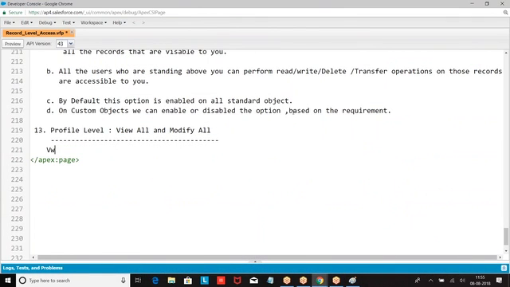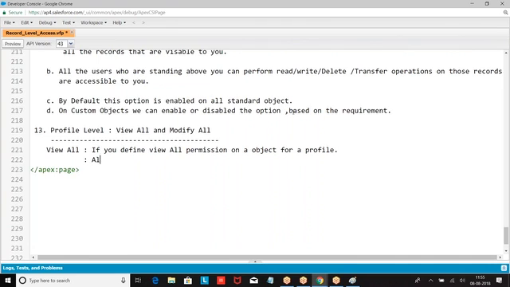View all. If you define view all permission on an object for a profile, all users with this profile can perform read operation on every record.